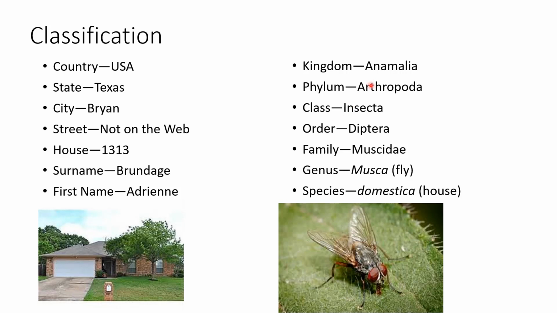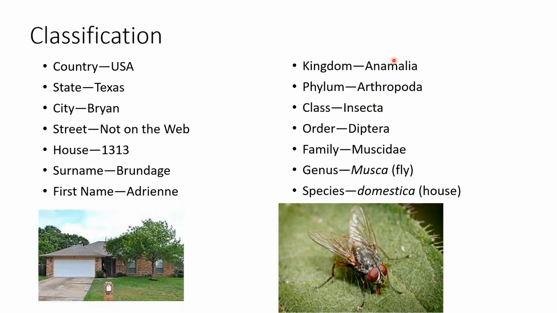We go into the phylum. So the phylum is a group of animals. So everybody in this phylum is all in Animalia, just like we're all in the United States. But it's in the phylum Arthropoda. And this group of animals has the same thing in common. Then we can break them up even further. So we take all these arthropods and we break them up a little bit more based on their body form and their physiology. We can then break that up into even smaller groups.